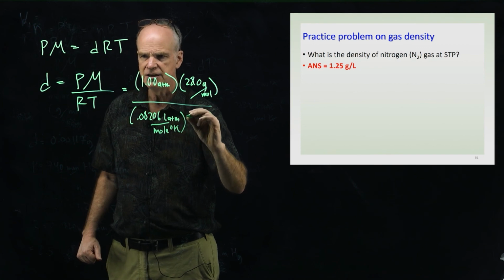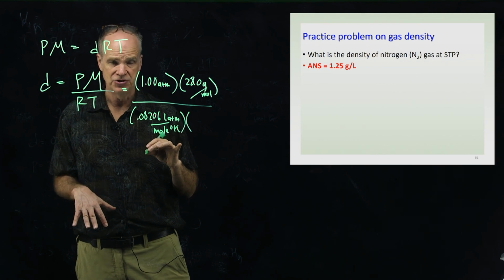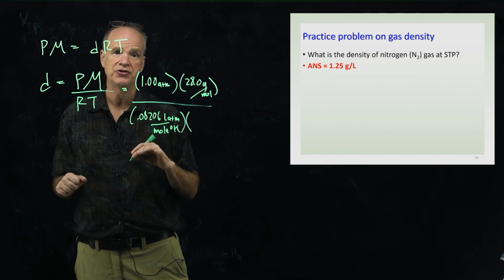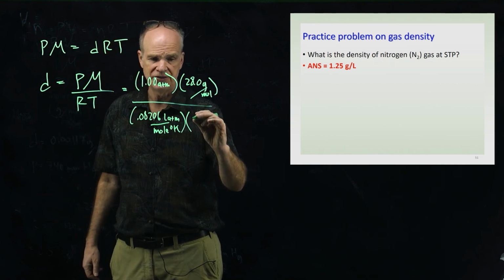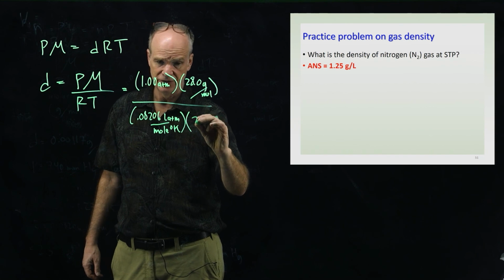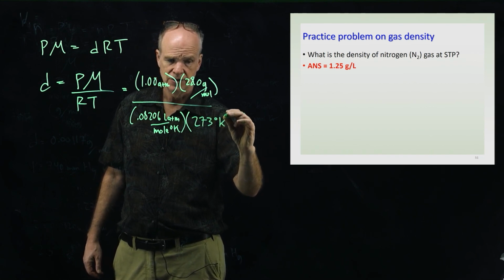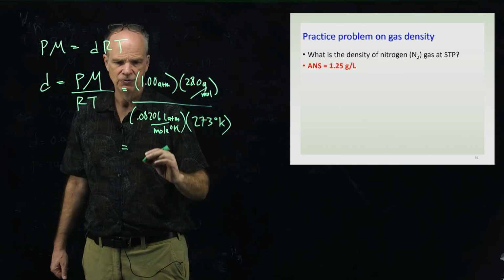And then T, what you would have to do is at standard temperature, which is what we're at, that's 0 degrees Celsius, we have to get that into Kelvin, so that's 273.15 degrees that you add to 0. And so that's going to be rounded to the correct number of significant figures, 273 degrees Kelvin. So I think if you go ahead and plug in those numbers, what you would do is you get